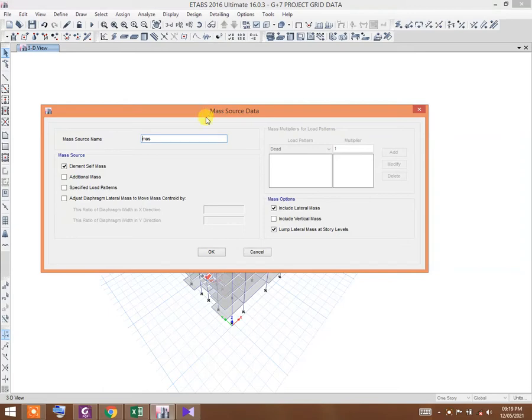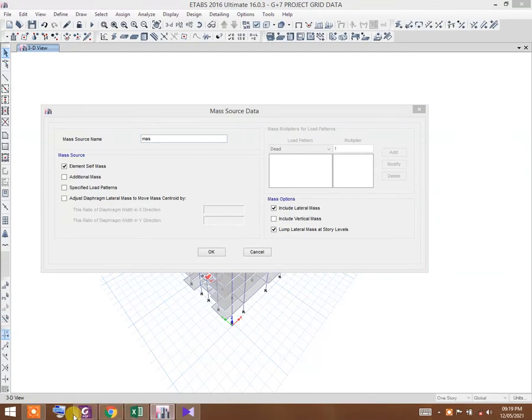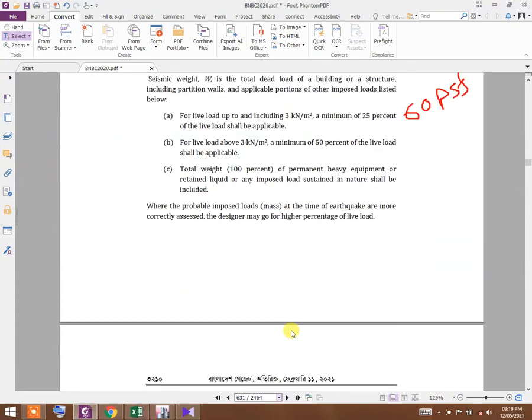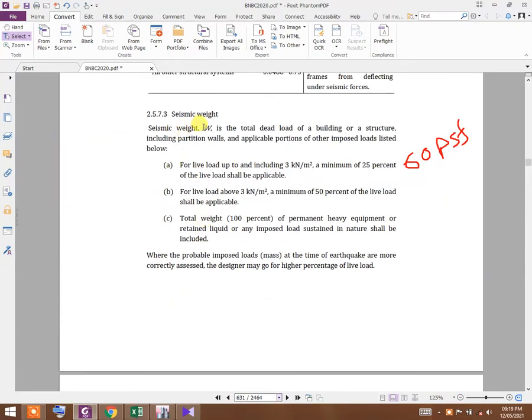But according to BNBC, the seismic weight W is the total dead load of a building or a structure, including partition walls, and applicable portions of other imposed loads listed below.